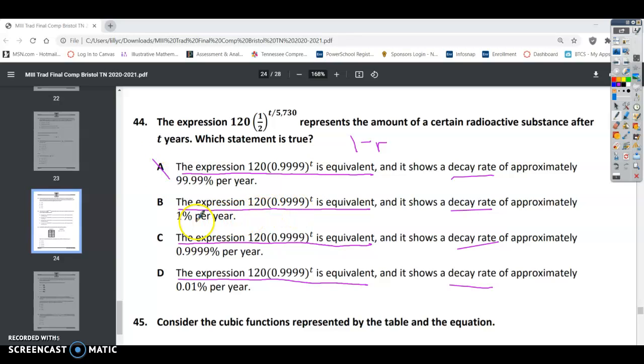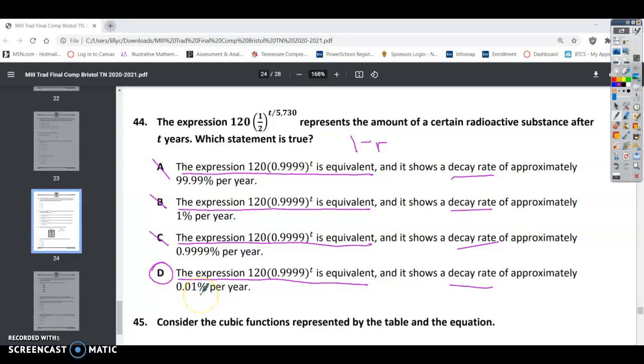All right, same thing. It's not going to give me 1%, but it will give me 0.01%. All right, so it won't give me this either. This is just the same thing as that, but remember you have to do 1 minus your R. All right, so if you do 1 minus 0.9999, you're going to get about